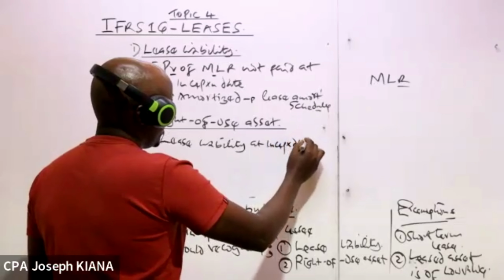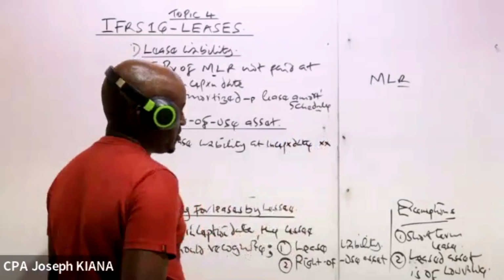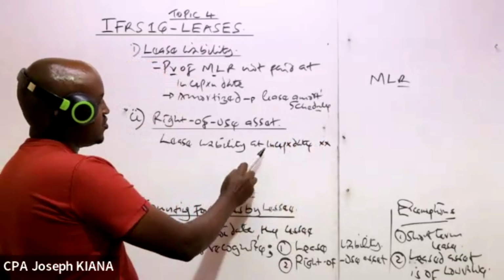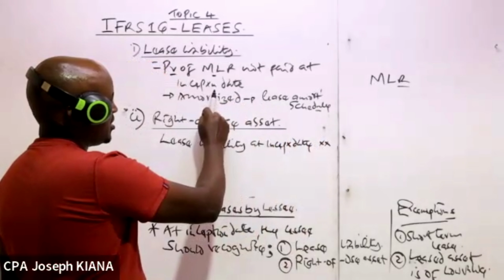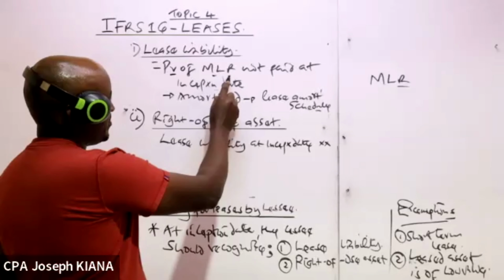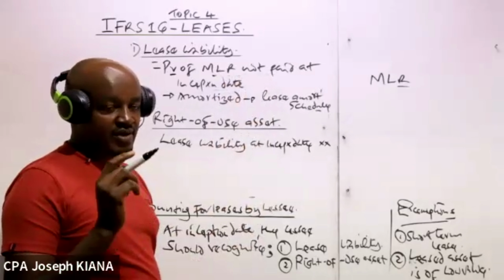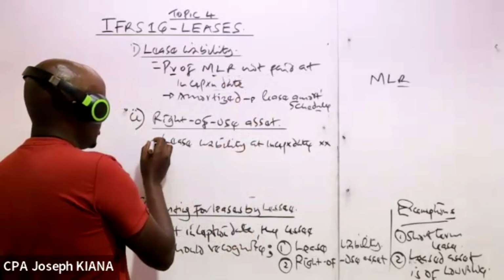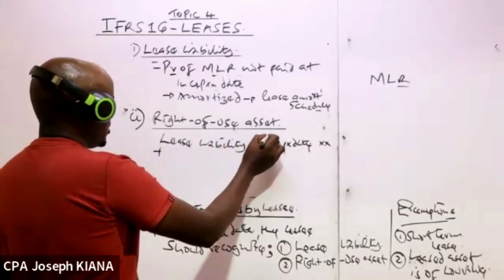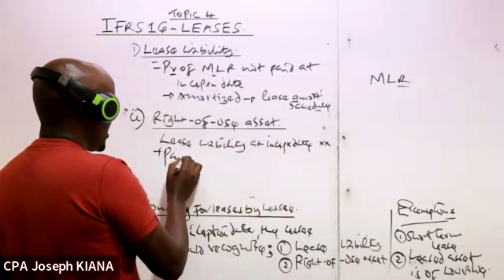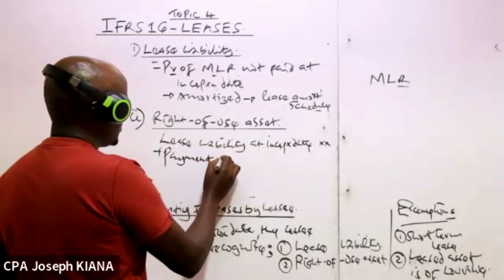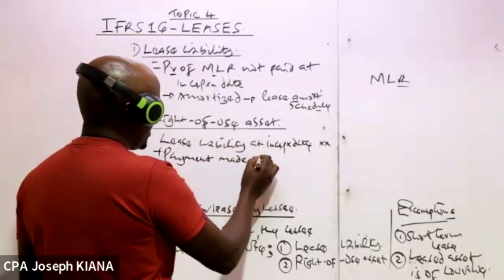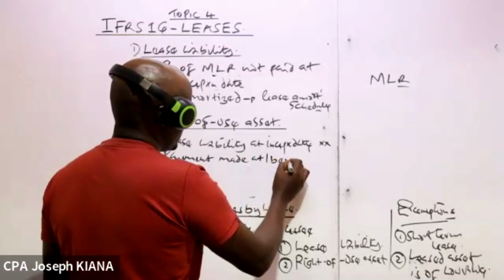At the inception date, the lease liability at the inception date. And actually, this is what you have computed here as the present value of the minimum lease rentals not paid at the inception date. So that is what is called the lease liability at the inception date of the lease. And then to this, we add any payment which was made at or even before